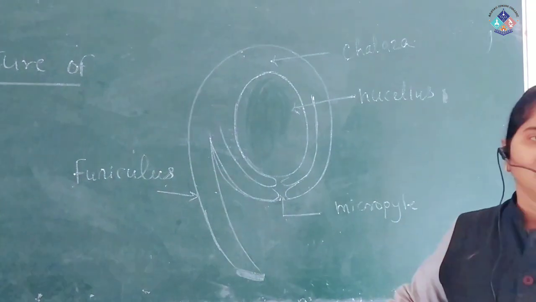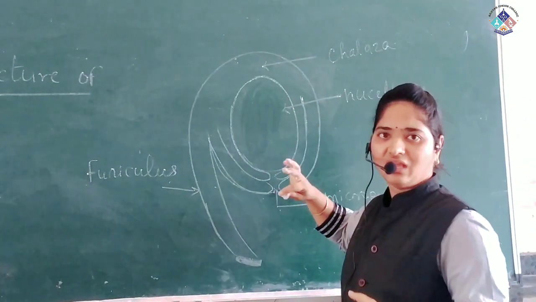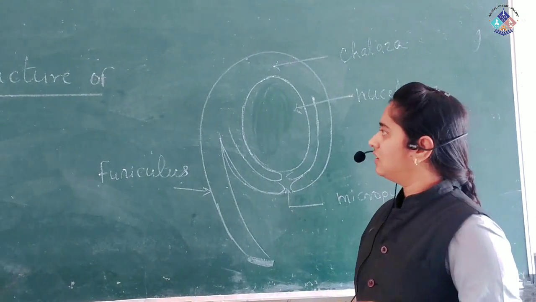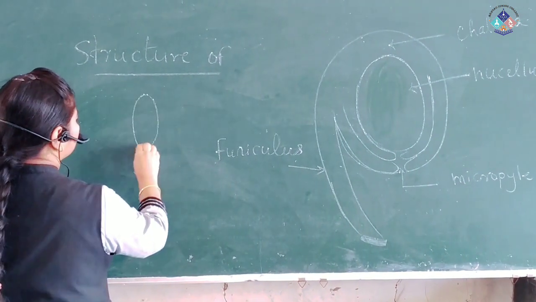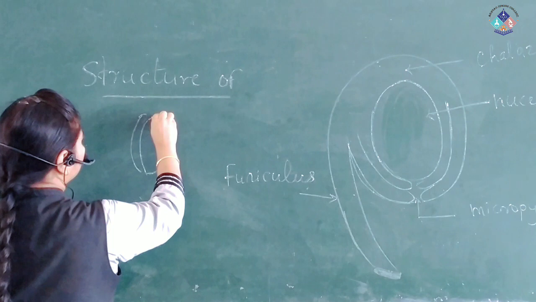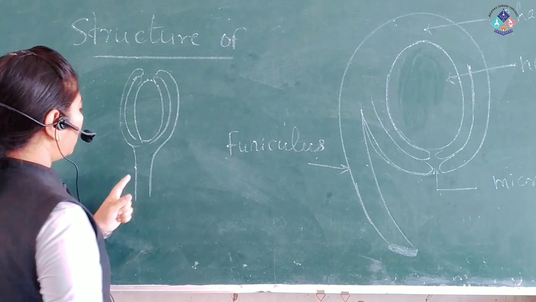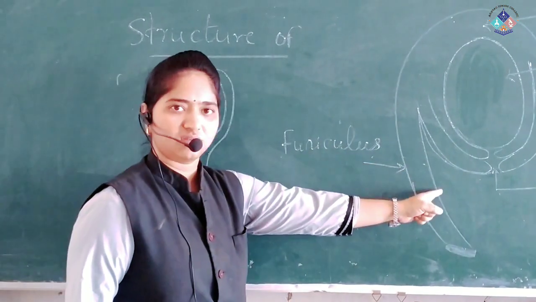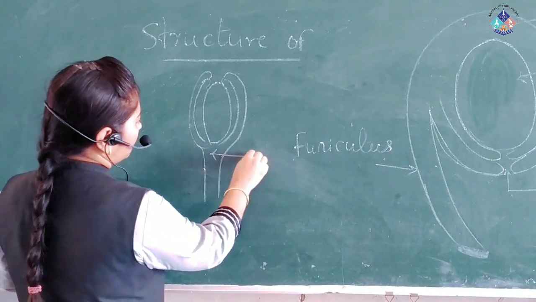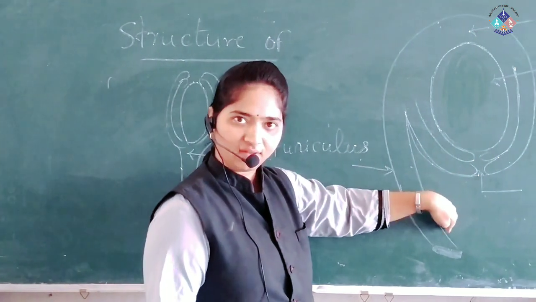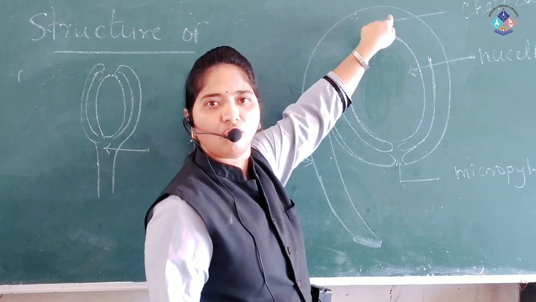Actually, this is the base of ovule. But you think that it is upside. But actually, it is just an inverted structure. The straight structure of ovule, I'll show you here. The straight structure of ovule is like this. Means here is nucellus, here is the covering. Okay. This type of ovule is straight. And this is the inverted structure. Upright structure. So this is the base. And when it tilted downside, or it is directed downside, the base comes upside. So this is the base of ovule.